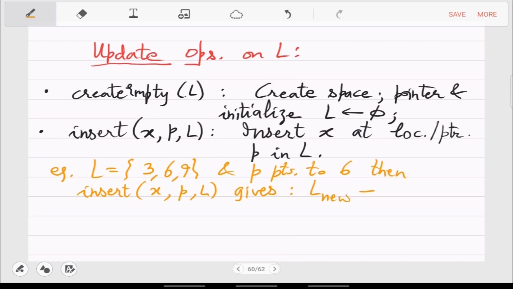The new list will become, it will be inserted just before that. So X will come here, then 6 and 9.